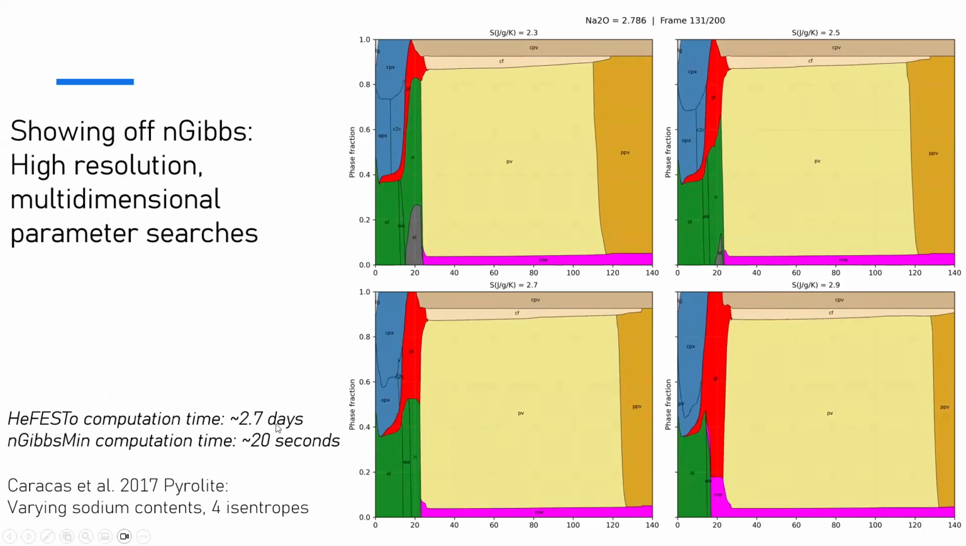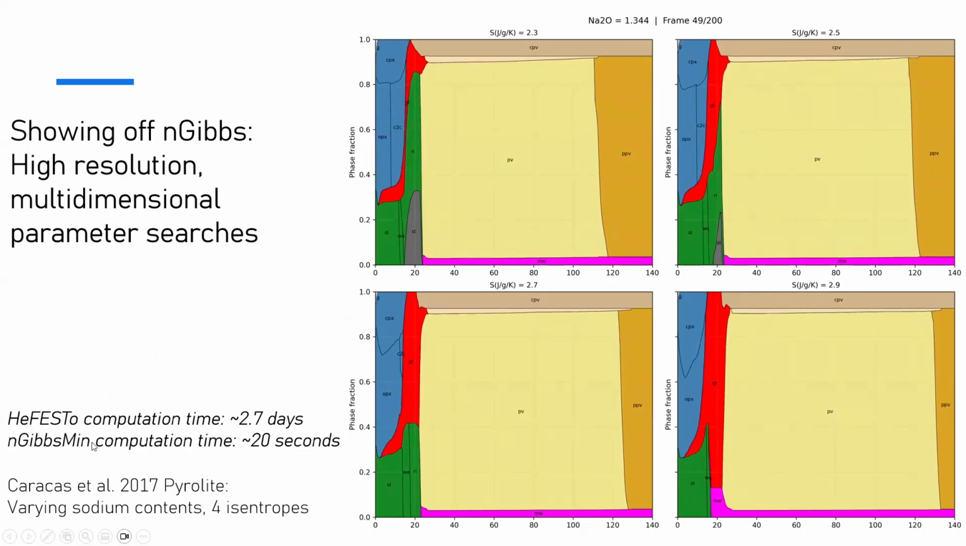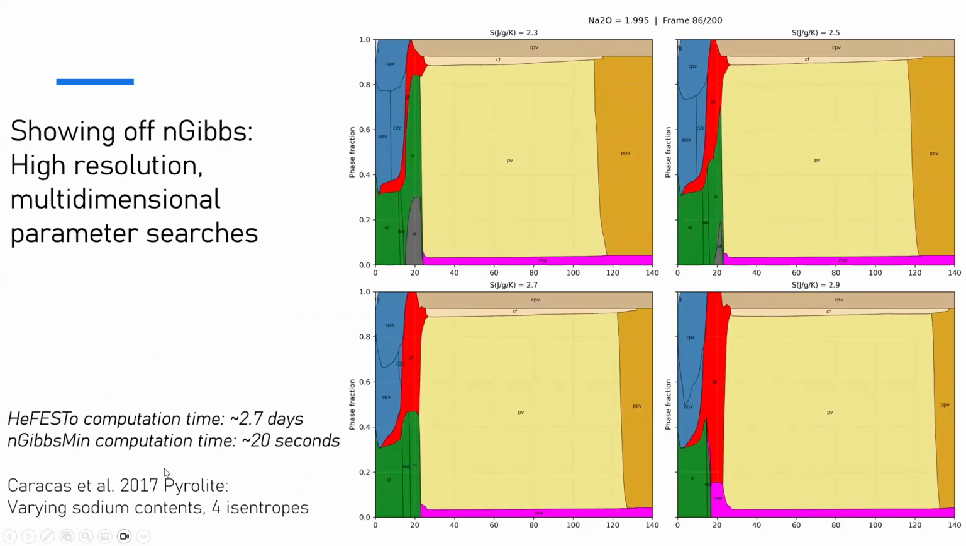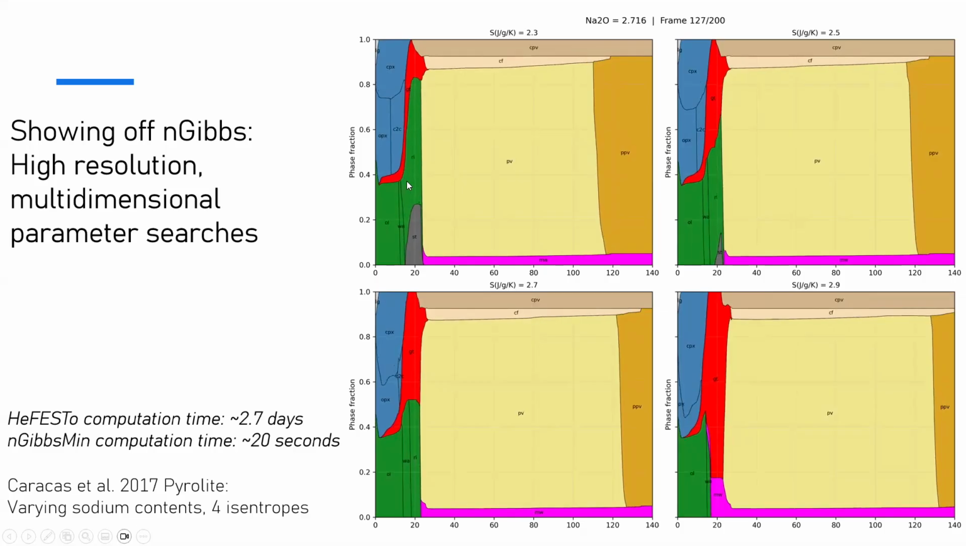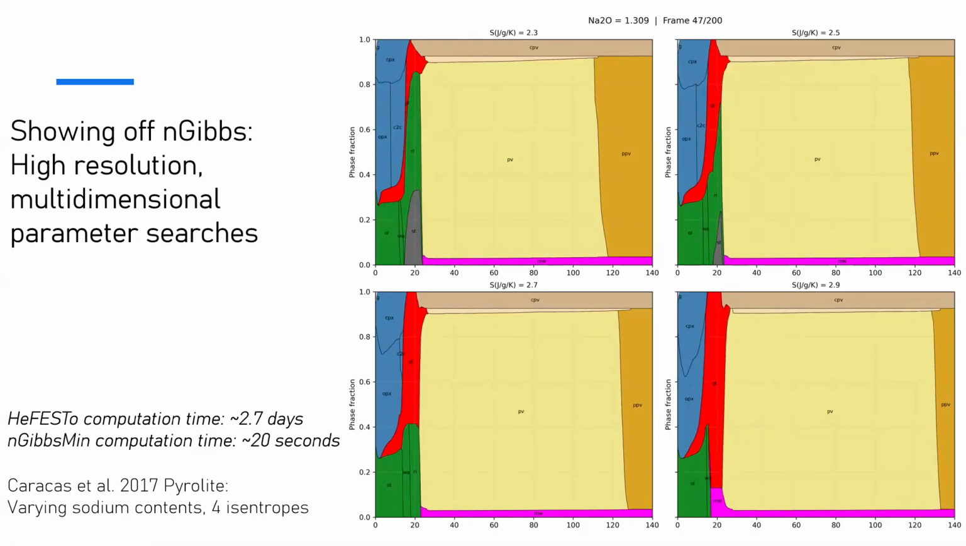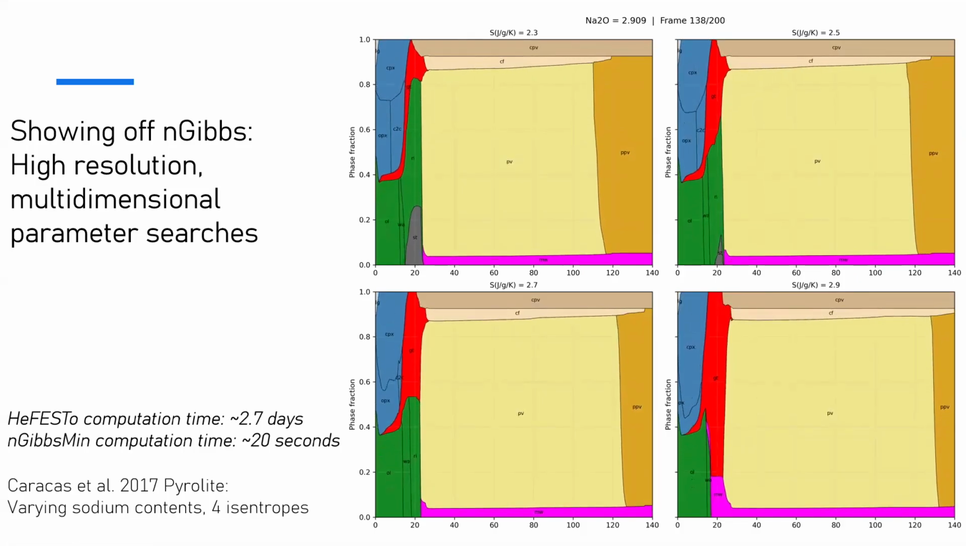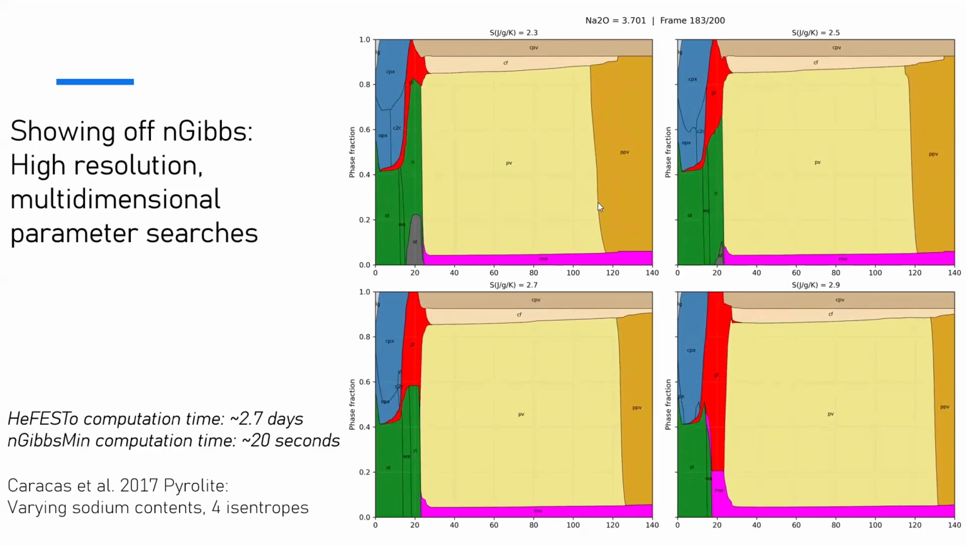And so to generate these calculations, it would take 2.7 days in HeFESTO and 20 seconds with nGibbs, which I was calling something else earlier, but we're calling it nGibbs now. So yeah, you really get the best benefit out of this tool when you're using it for massive parallelization. So this is just trying to illustrate that. The bigger your calculations, the bigger your win, which I think is something that